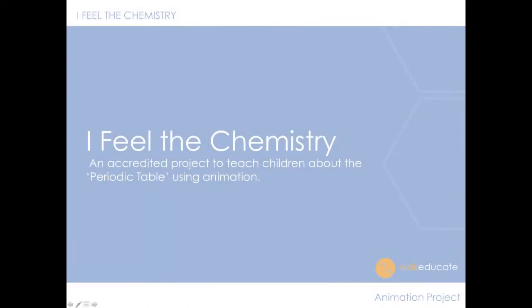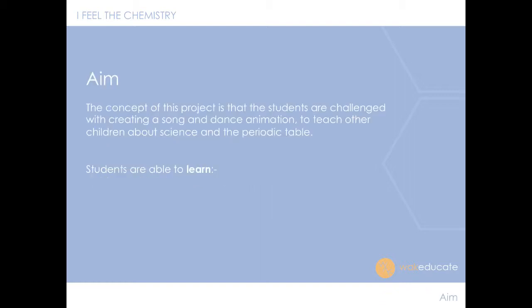Okay, to get started, this is I Feel the Chemistry, and it's an accredited project to teach children about the periodic table using animation. The aim or concept of this project is that the students are challenged with creating a song and dance animation to teach other children about science and the periodic table. So students will be able to learn things about chemistry in a fun and innovative way, and new animation techniques